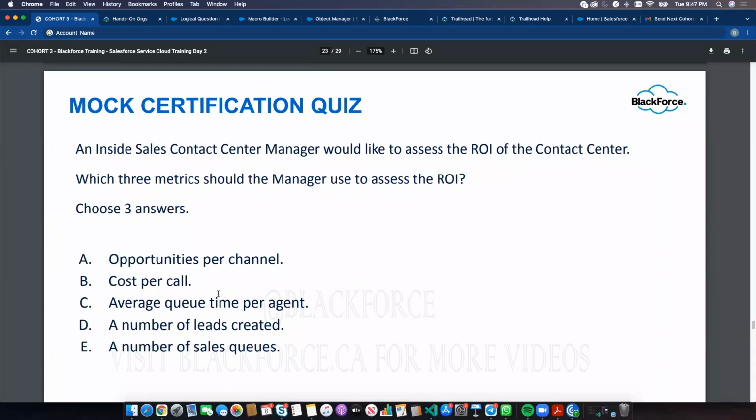Some of the questions you have to determine based on, you say availability, average queue time per agent, availability. Average queue time per agent. Yeah, that's true. Availability of the agent. Yeah, that's true. But again, you want to look at,